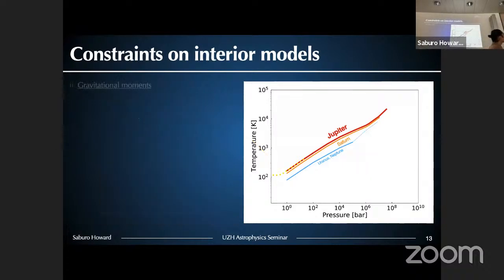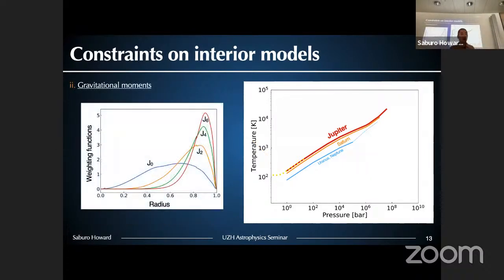Then the second type of constraints that we have, and I already mentioned them, are those